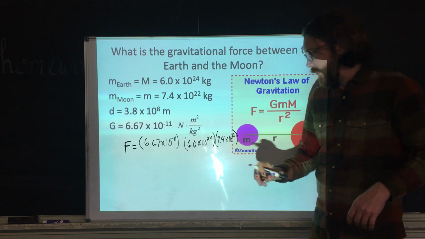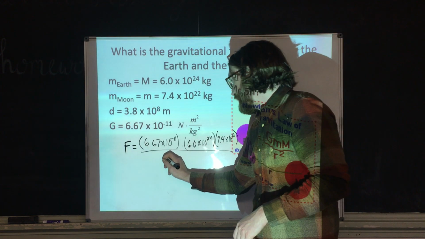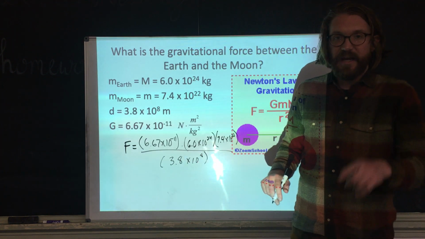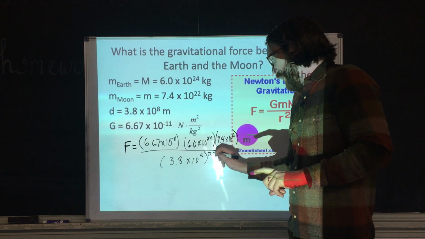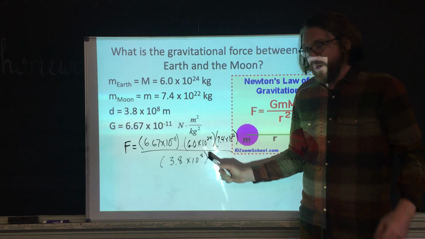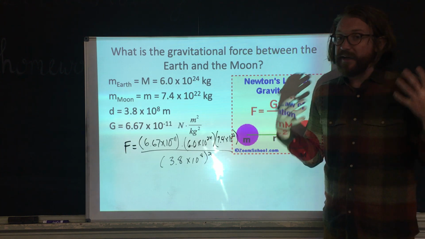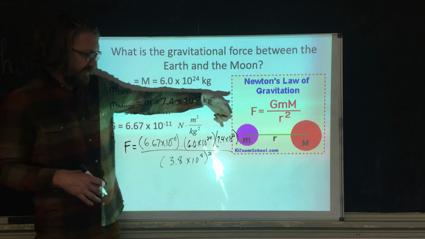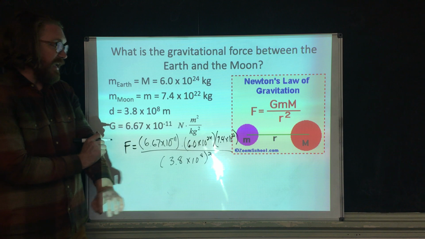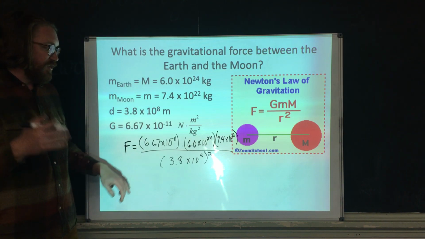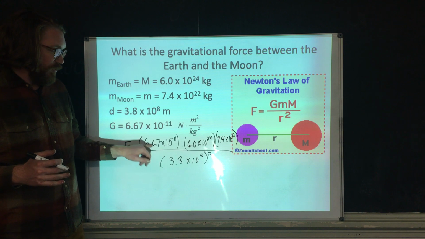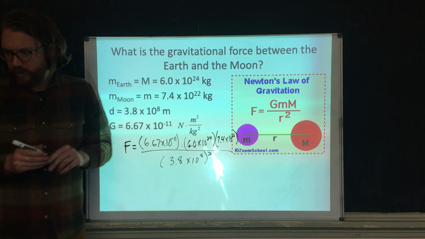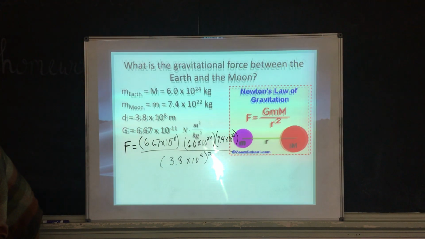All right? Then we're going to divide all of that by the distance between their centers, which is 3.8 times 10 to the 8th. And the mistake everybody always makes is to not square this. Remember, you got to square the distance. So one of the biggest tricks with using these big numbers is you got to put parentheses around all of them. All right? The second big trick is that when you're entering them into your calculator, you gotta make sure that you do all of the top multiplication first and then the bottom multiplication, all right? Now, if I set this up right, I should be able to,